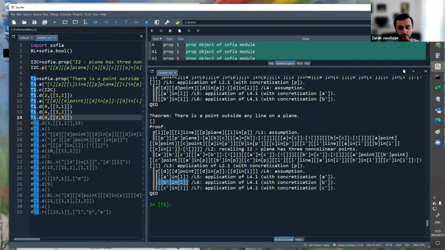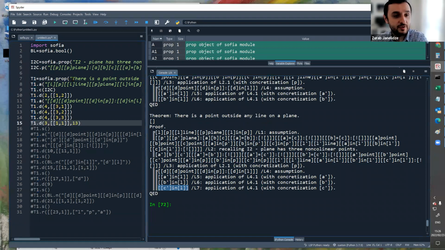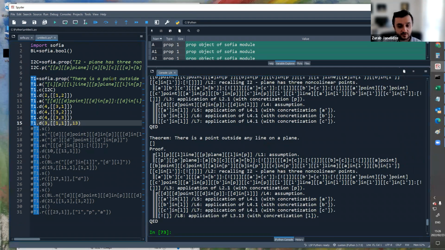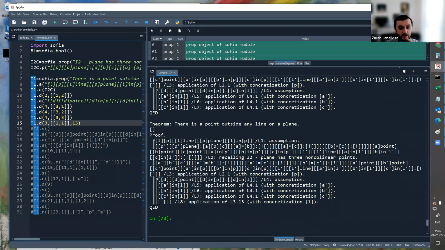In exactly the same way, we can get B prime and C prime also to be in L. See, we produced the two more lines here with B prime and C prime. And now that we have A prime, B prime, and C prime, all of them being in L, that is the contradiction, right? Because according to the axiom, that should not be possible. So then application of that part of the axiom that says it's not possible is used here. An application of that gives us, as a conclusion, absurdity. So starting with this, we were able to conclude absurdity.